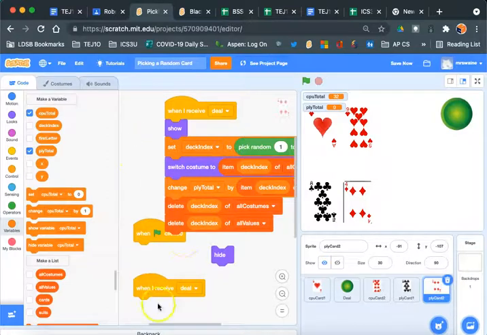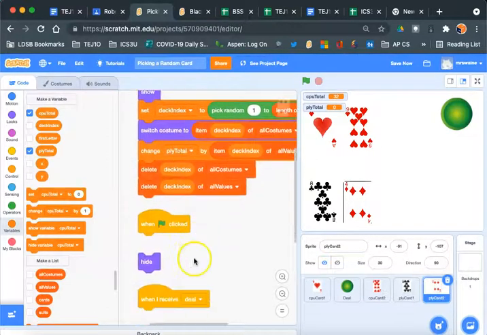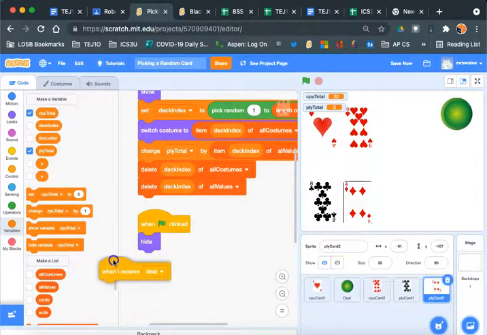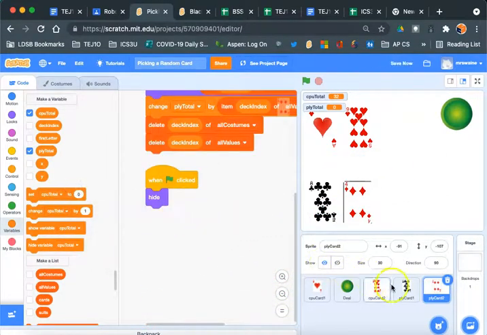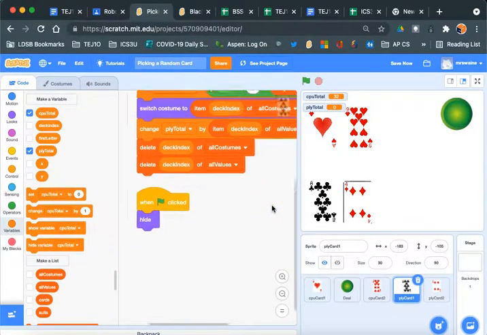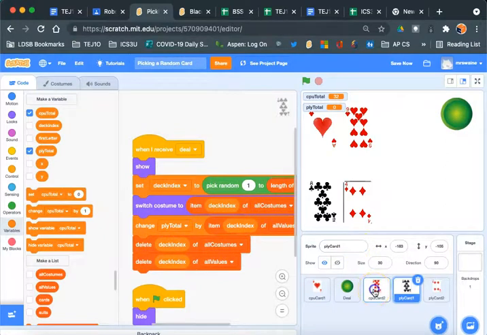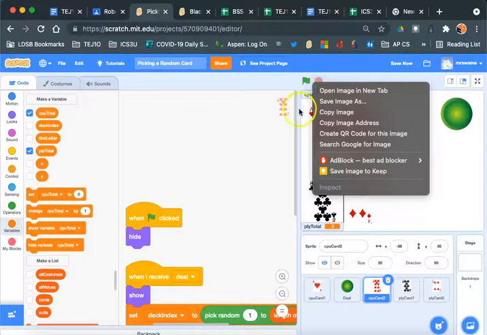When you start to get code like I have here, also if you hit cleanup blocks, remember cleanup blocks will show you everything that you have, and you can get rid of whatever you don't need. So for me, I don't need any of that code. Keep your code clean because if you don't, it'll start to pile up and get confusing for you. But at this point, with any luck, I've got a player total and a CPU total. I'll put the player total down here, CPU total up here, and if I run it,